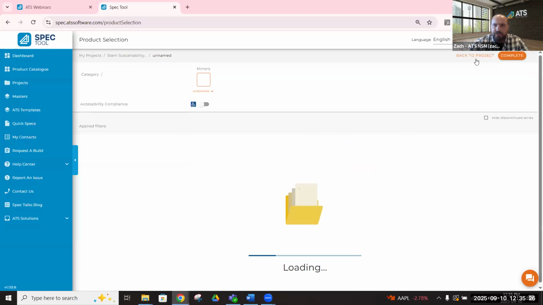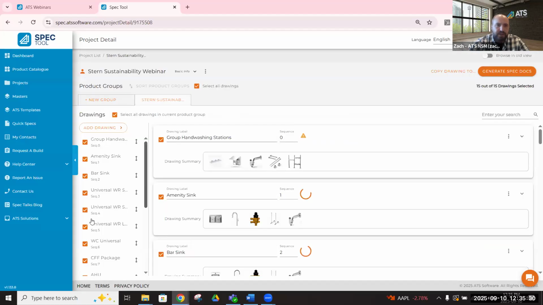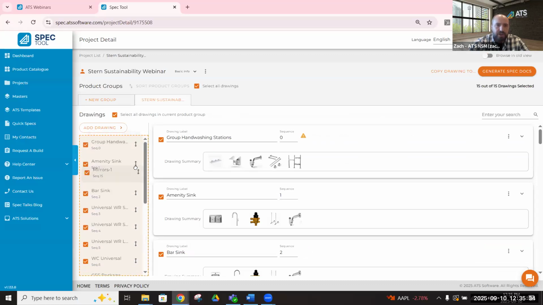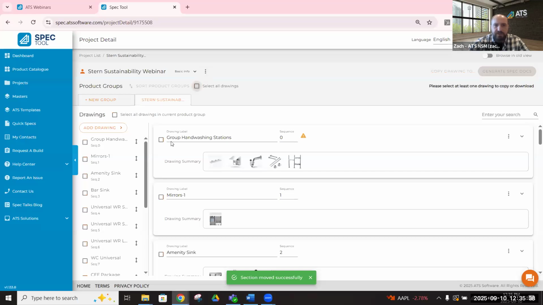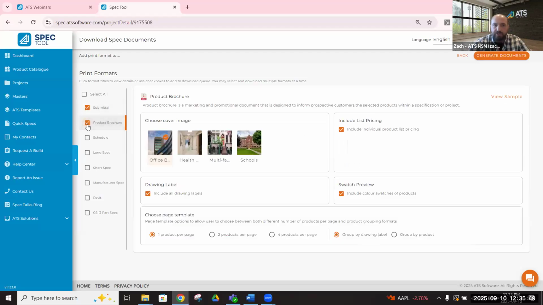So once we're done, if we want to download this, we just hit complete. I can rearrange everything on here if I want to put my two mirror options here at the top. And of course, I can download the entire project or just one or two pieces, generate the spec documents, and then you can get submittal packages with your configured model name and number, product brochure with a nicer image and